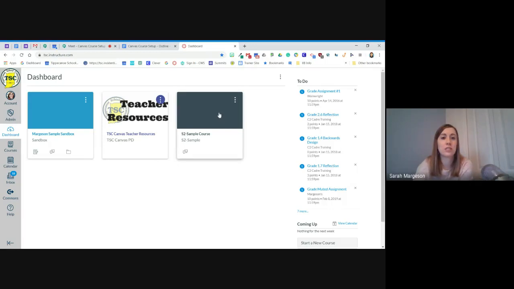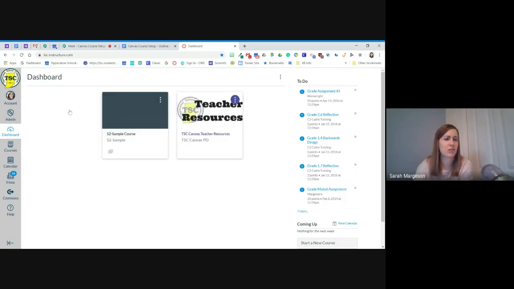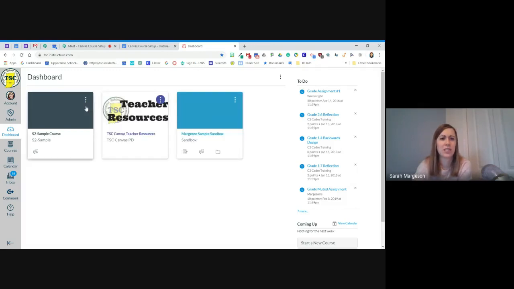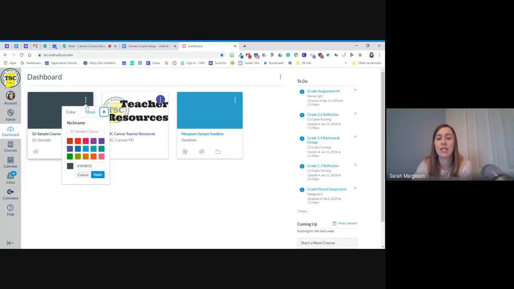For your students, they are able to rearrange their tiles. I don't know if you guys knew that, but you can actually rearrange the tiles on your dashboard. That used to be just, I think it was alphabetical order before this, but you can rearrange now. And if they click those 3 dots, they can nickname their class and also change the color of it. And this is going to correspond to the color of the calendar when we get into that later, if they